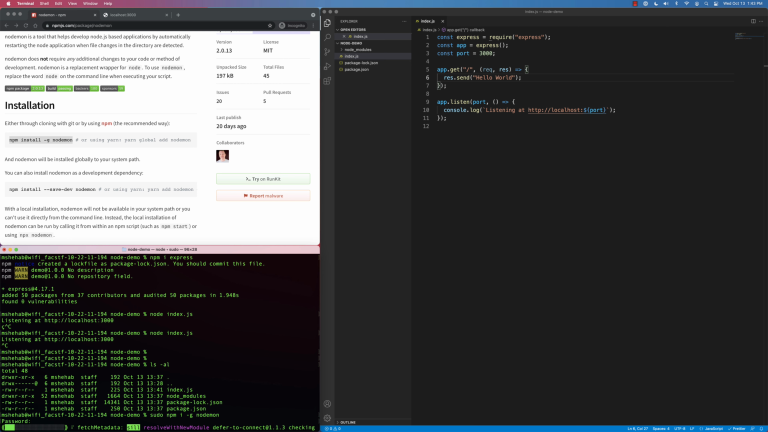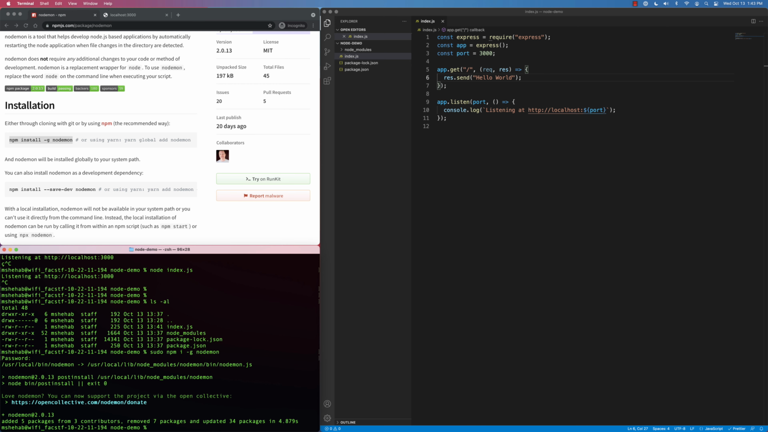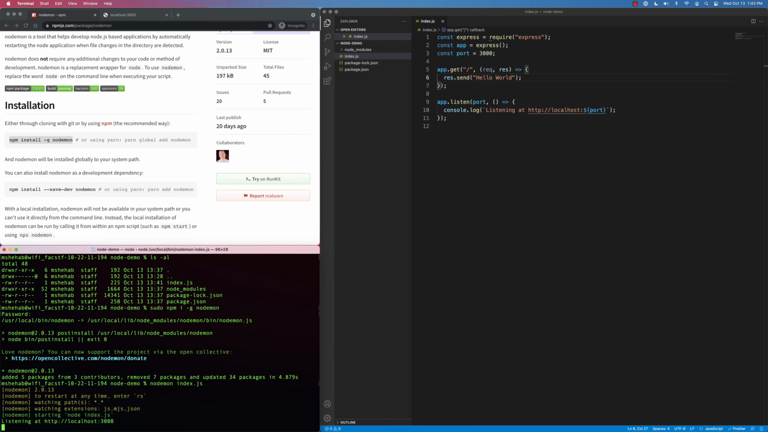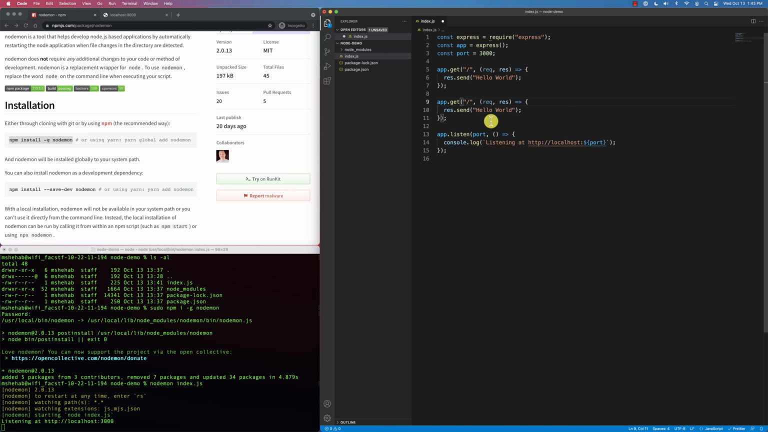To run nodemon is very easy. Instead of calling node and the index file, you just say nodemon and then the index.js file. Okay, so it's running right now. Let's say I'm going to add another route. I'll copy this, I'll add this, and I'm going to add another route. I'll call it, for example, API users, and I'll call it the users